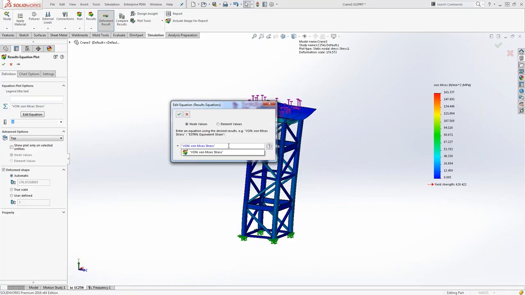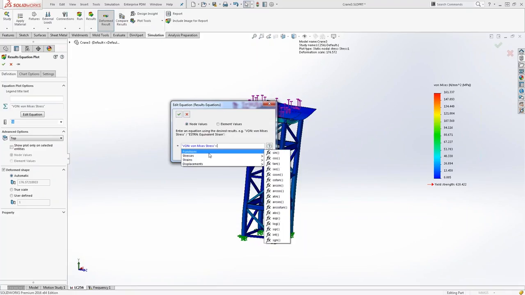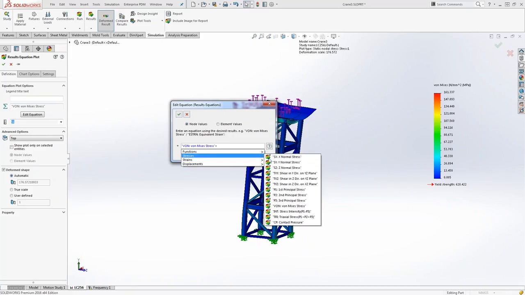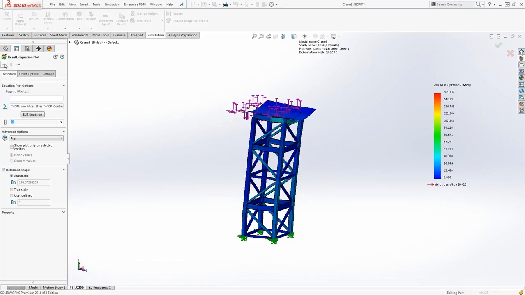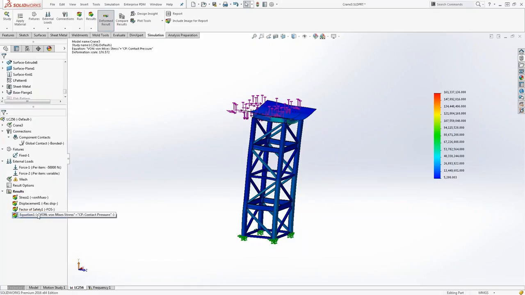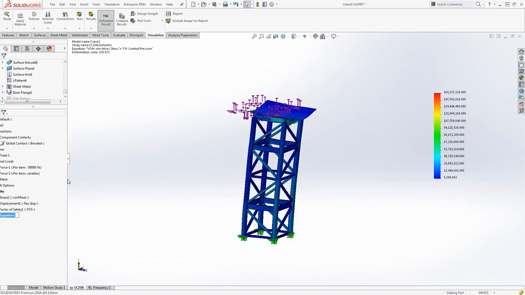So say, for example, I'll take my von Mises, but I don't like it because it doesn't include, say, for example, my contact pressure, right? There would be no contact. But anyway, so if we wanted to do something like this or whatever it is, or if you wanted to subtract, you can do that rather easily. Set up your own type of plot. And here we have our new type of equation-driven,